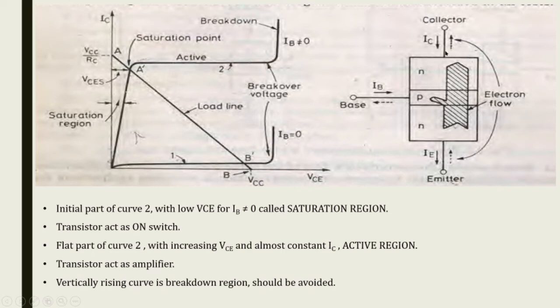In this figure you can see that from the emitter, electrons are emitted into the base and collector, and the majority of the electrons emitted from the emitter side reach the collector. A small portion is in the base side. The direction of current flow is opposite to the electron flow. So collector current is coming in, base current is coming in, and emitter current is going out.